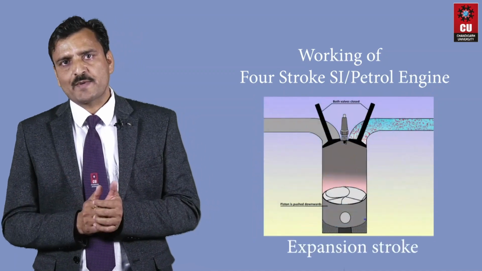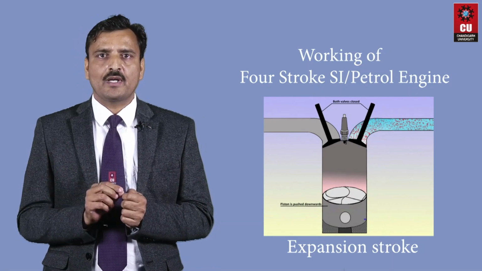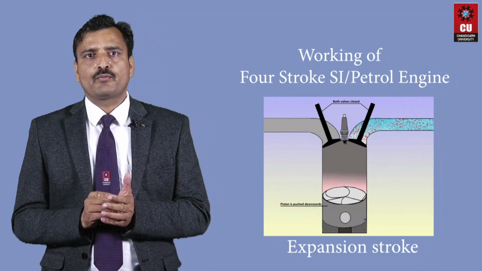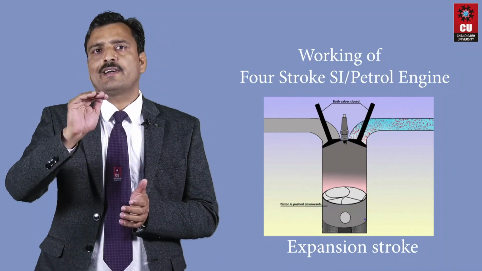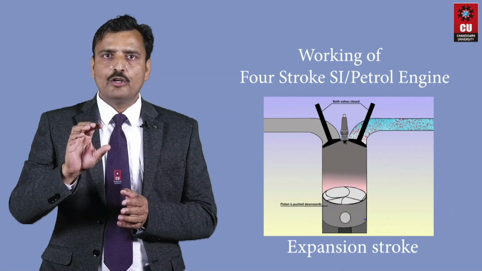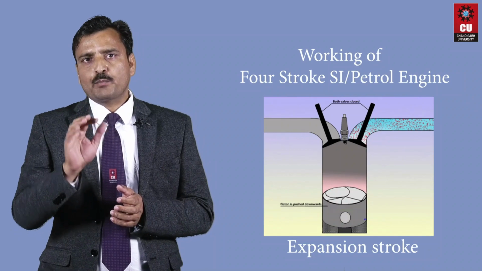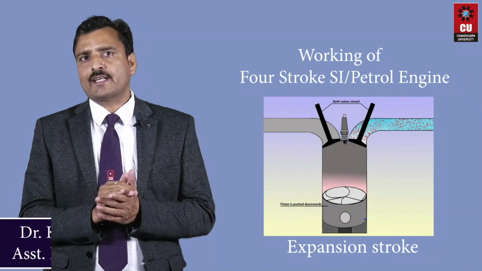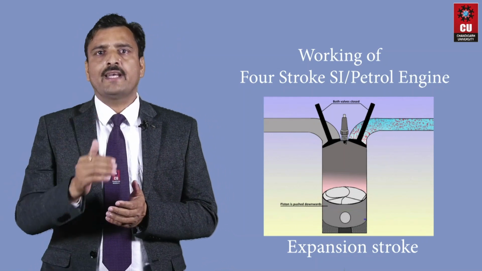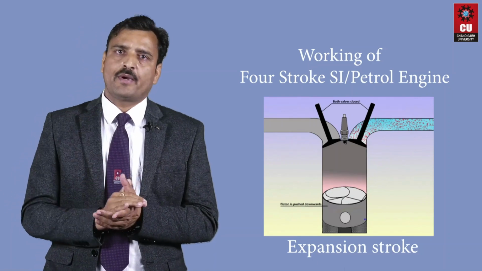Next stroke is the expansion stroke. The fuel is ignited by the spark produced by the spark plug and it starts to burn. The charge is ignited before the piston reaches the top dead center, causing a sudden increase in temperature and pressure. The volume remains constant. The combustion products push the piston in the downward direction due to the high pressure. Heat energy is transformed to mechanical energy,